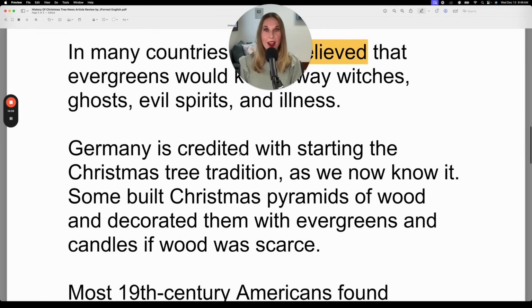Germany is credited with starting the Christmas tree tradition. Students from Germany, did you know that? Did you know that your country started the Christmas tree tradition in North America? I did not know that until I read this article. So all my students from Germany put, I'm from Germany, I started the Christmas tree in the chat, in the comments. Let's look at this